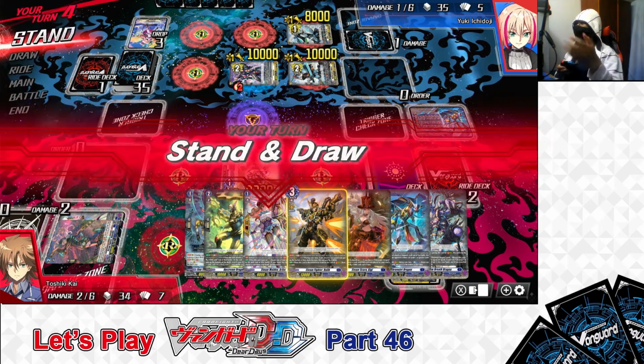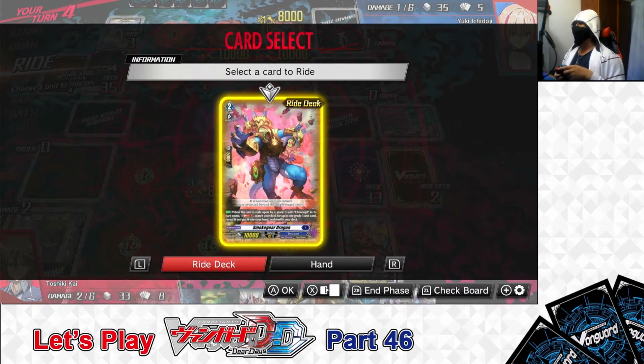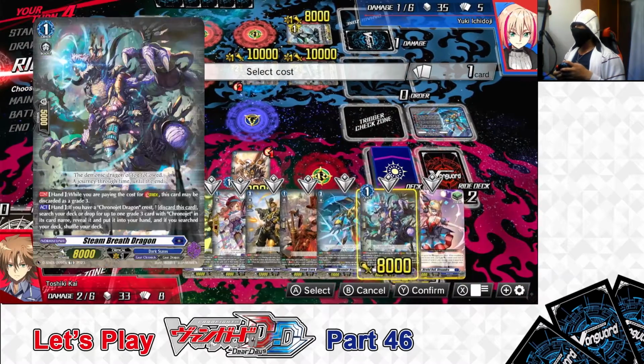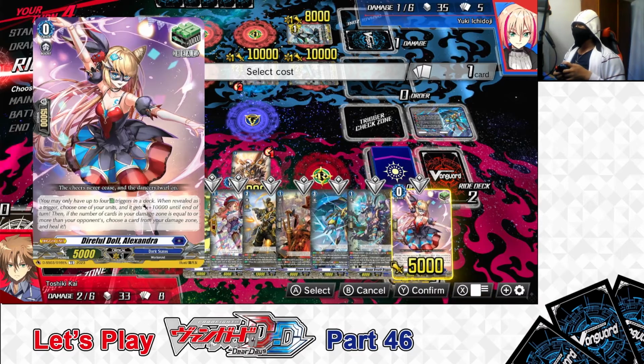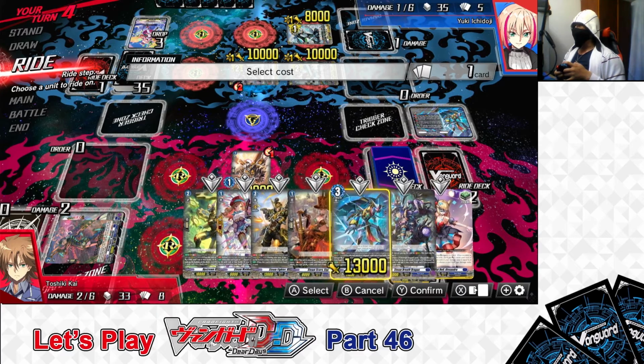End of my opponent's turn, my turn. Stand and draw. I drew a heal trigger, come on. Fine, I ride from the right deck, Smoke Gear Dragon. For the right deck cost, I'm discarding. What to discard? What to discard? I'm at 2 damage, I better hold on to the heal trigger to guard, so I guess I'll discard 1...